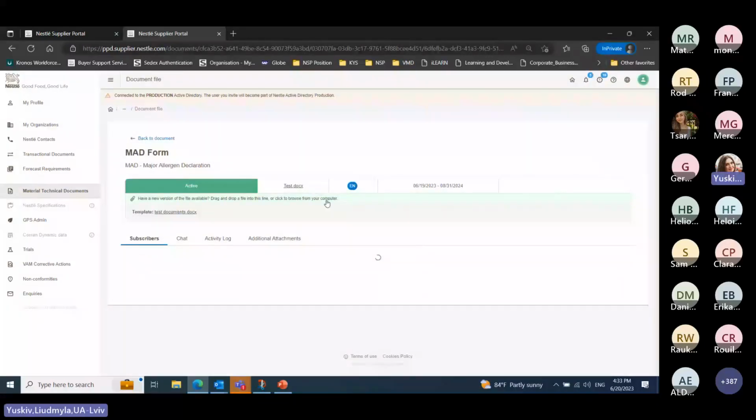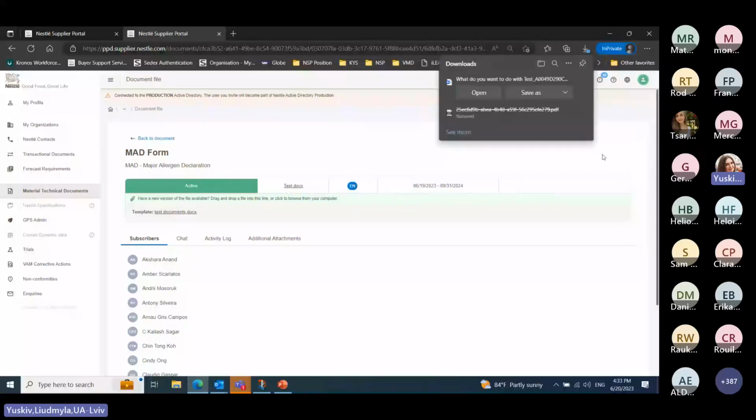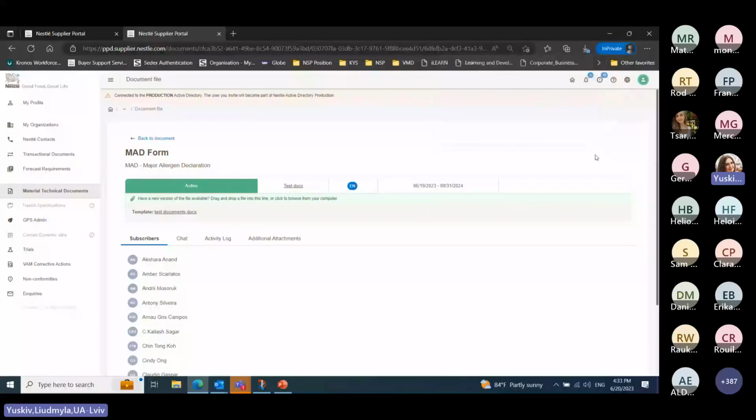And here you will be able to see the data related exactly to this document. Here you see the document itself. You can download it by clicking on it, and it will start downloading. Also, you can check here language, validity period,